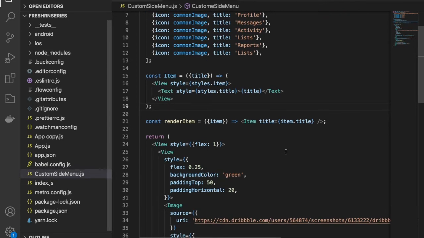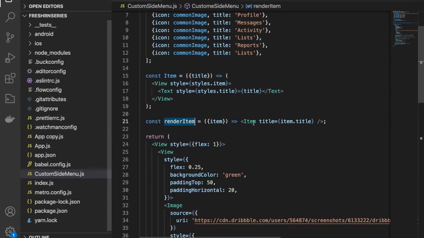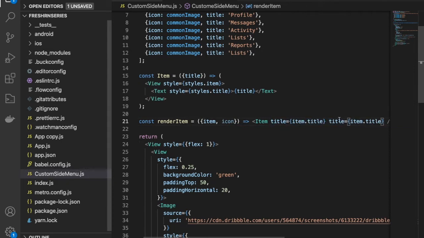I am just using it as it is in the documentation. So we have to use this title as well as the icon. For the icon as well, I'm going to just copy and use item.icon.